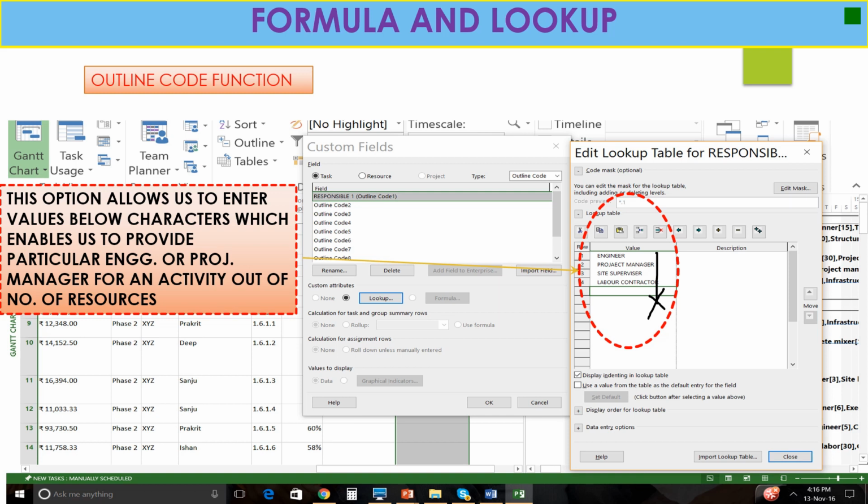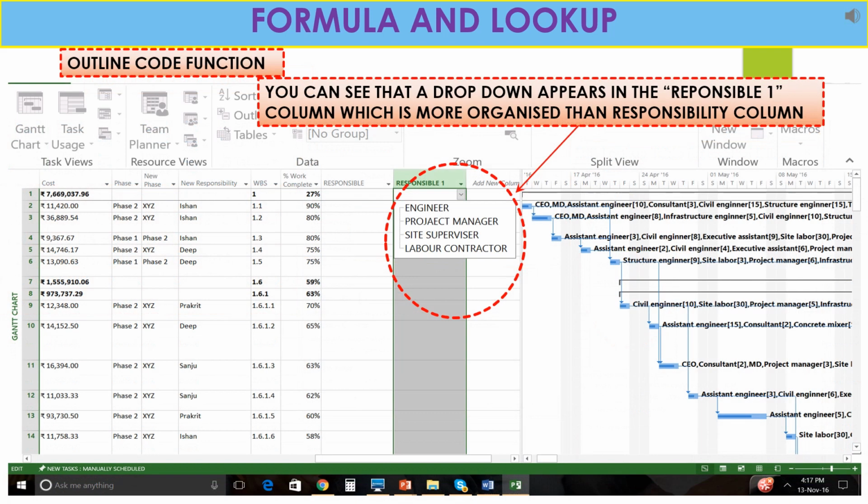After adding these resources, here you can see engineer, project manager, site supervisor, labor contractor named by their designation. So you can use this drop down, which appears in the Responsibility 1 column, which is more organized than the responsibility column. Here we are giving the name of the designation, not the person's name, so you can assign that responsibility based on the designation. So you can use these outline code functions also.